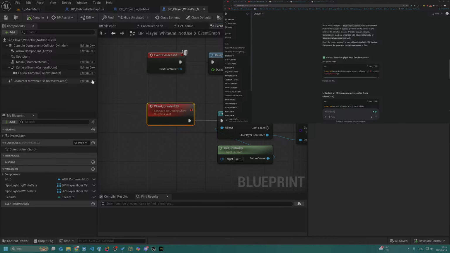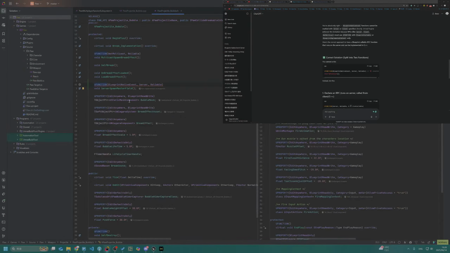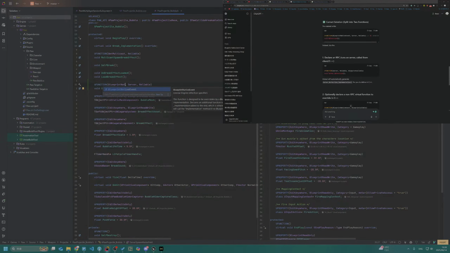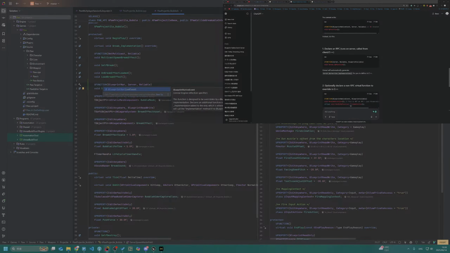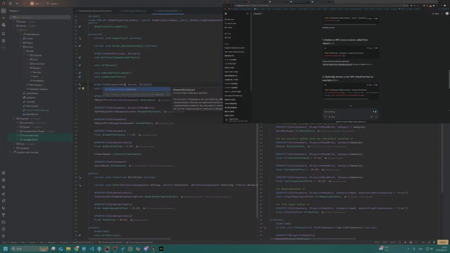So let's do the BlueprintImplementableEvent, not BlueprintNativeEvent. You cannot write this. Instead, you can write BlueprintCallable. Optionally declare non-RPC.